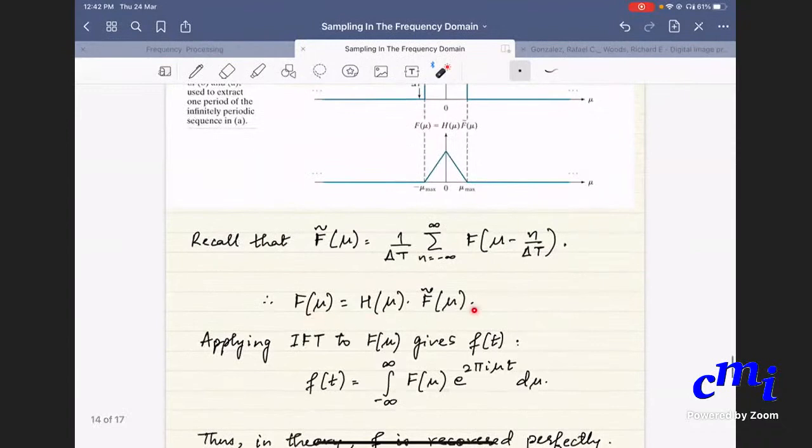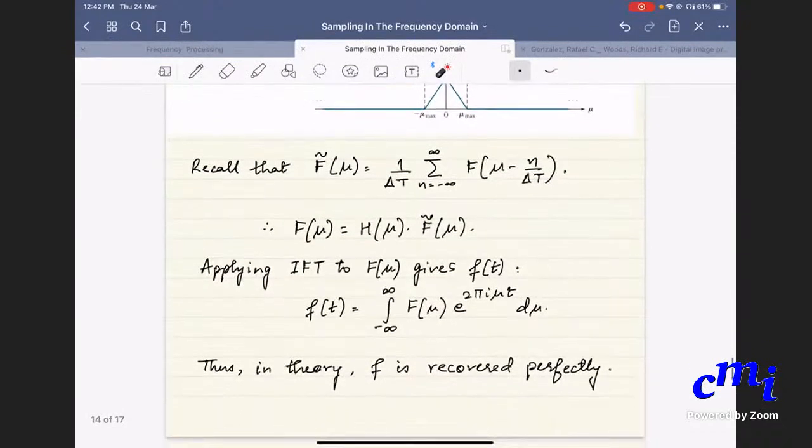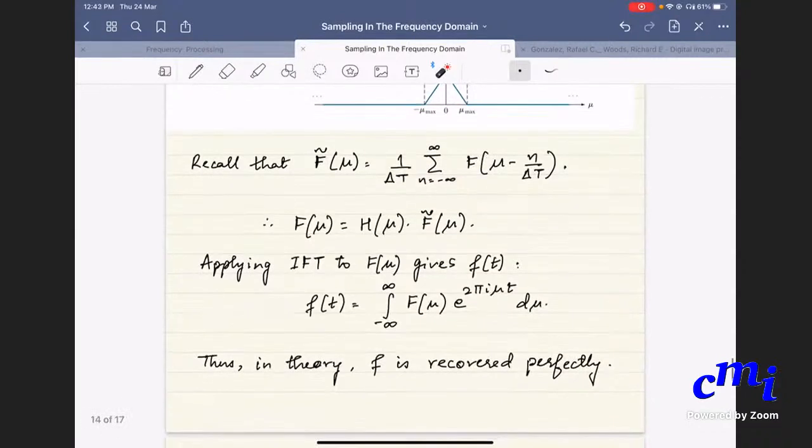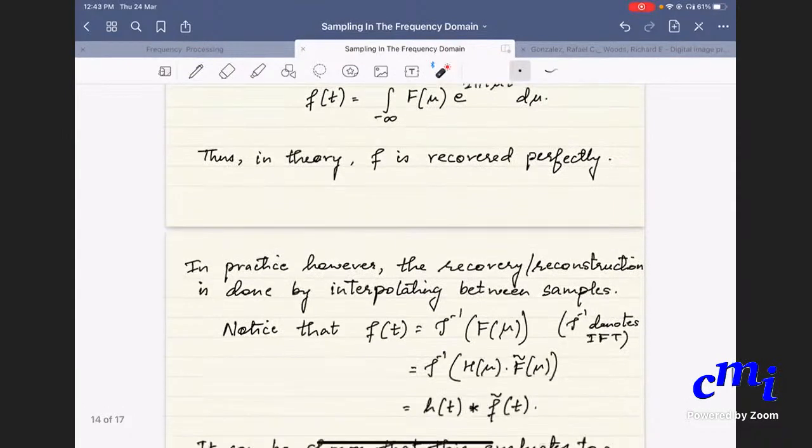Now you have to apply the inverse Fourier transform to this to get your original continuous signal f. That is this step. In theory, f is recovered perfectly; you have your continuous f in this way. In practice, one does not do it this way. In practice, what is done is